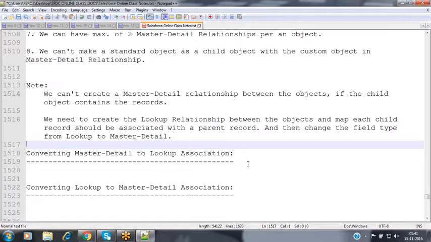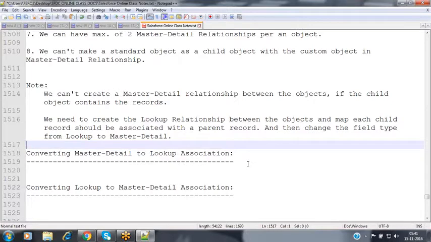Whenever there are two records, record one and record two, record one is the parent and record two is the child. Both are associated with the help of the master detail association. Even though the two records are created by two different users, whenever you map the master detail association between them, the child record, record 2, comes under the controlling of record 1 automatically, because record 1 is the parent. So the parent will be the controlling record for record 2.